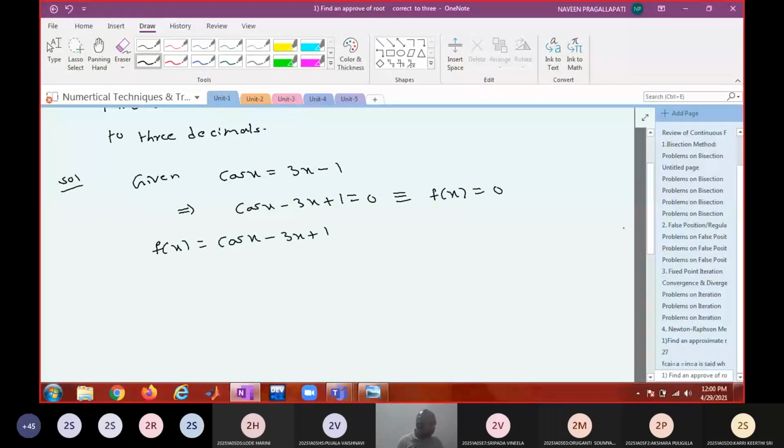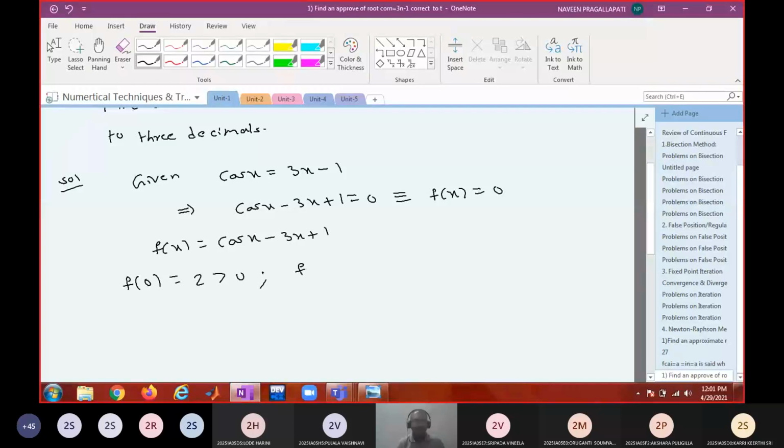First make sure that you set your angle in radians. All of you switch on the calculator and make sure that your angle is in radians. Press shift mode and press option 4 for selecting radians. Is your angle in radians? Then you compute f of 0. What is f of 0? 2 minus 3, I think 2. F of 0 is 2, no? Positive. Do you agree? F of 0 is 2, greater than 0.